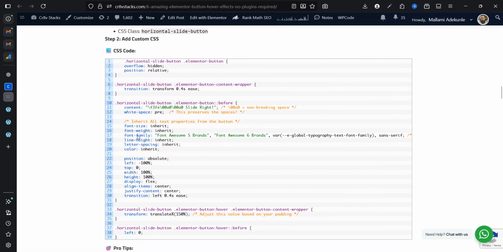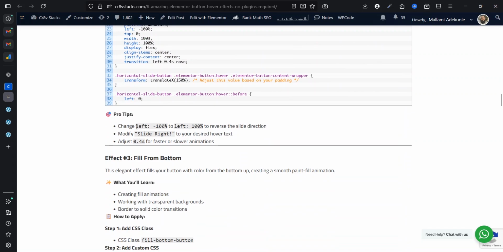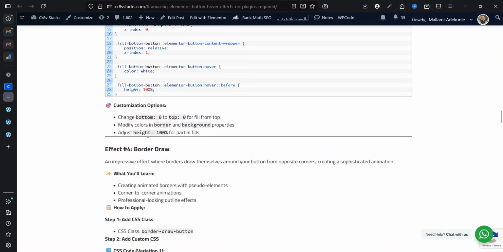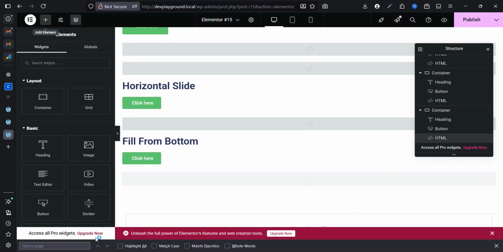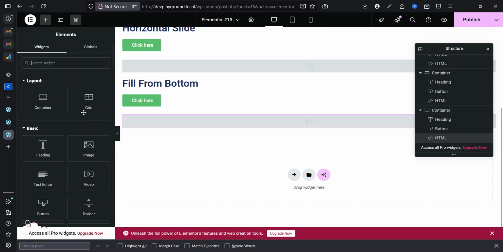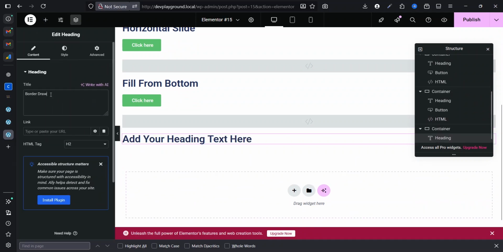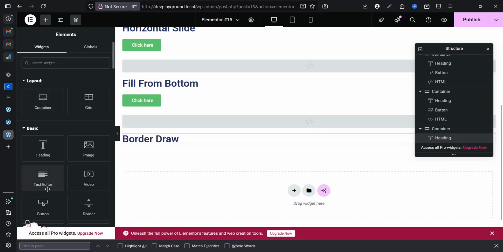Don't worry, if there are things you can use to customize the effects, I included it in the article. As you can see, for the horizontal slide, you can change it from left minus 100% to 100% to reverse the slide direction. You understand? So it no longer becomes slide right, it becomes slide left. You understand? So let's move to